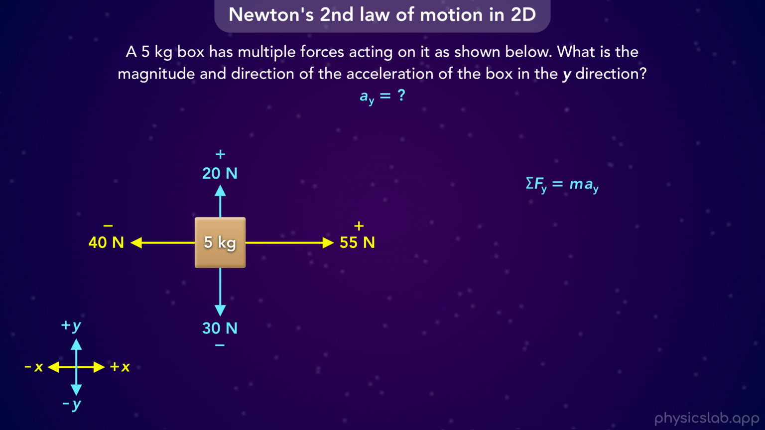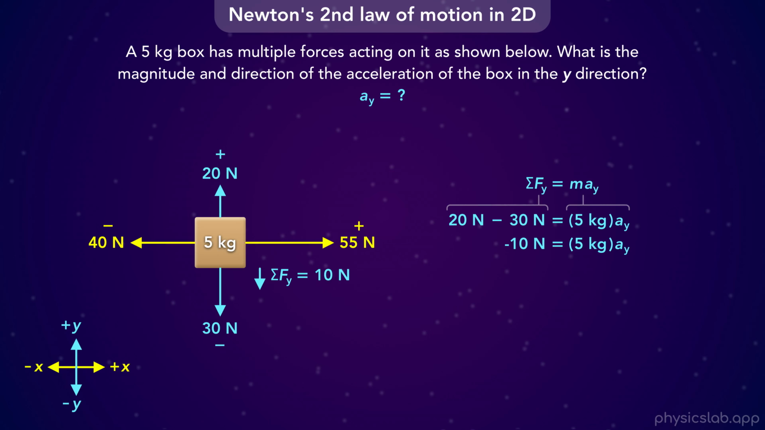So now we want to use Newton's second law in the y direction. The net force would be 20 newtons minus 30 newtons, or we could say 20 plus negative 30, or negative 30 plus 20. We still plug in 5 kilograms for the mass, and we want to find the acceleration. The left side is 20 minus 30, which is negative 10. So the net force in the y direction is negative 10 newtons, which is 10 newtons downwards because down is